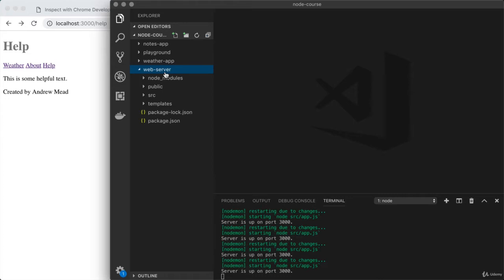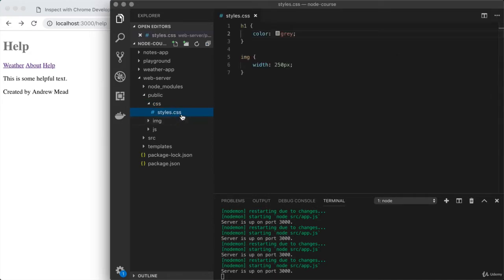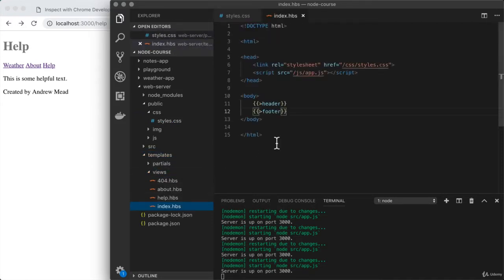To kick things off, we're going to focus on two files. We're going to focus on the styles file in public/CSS, that is styles.css, and we're going to focus on one of our views. So in the views folder, we can grab a file like index.hbs. The goal is to write some styles that are going to make this page look better. Then the same styles will get used throughout all of our handlebars templates, creating a nice unified feel for the